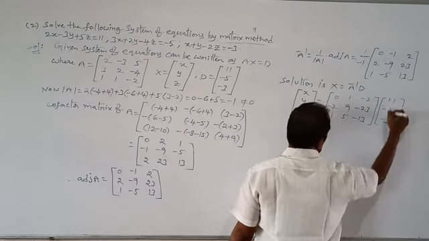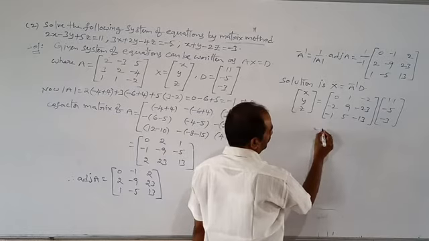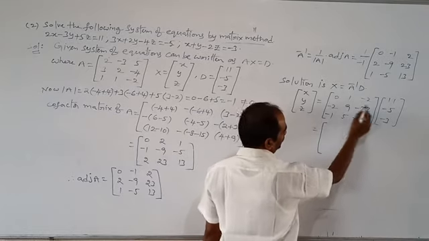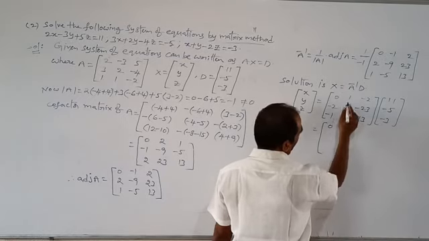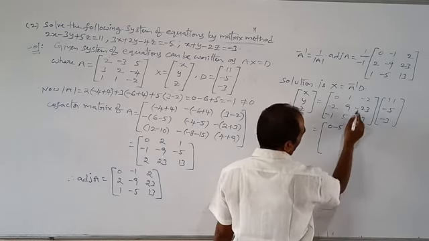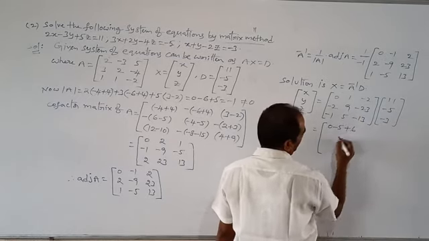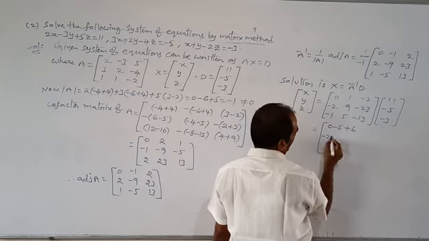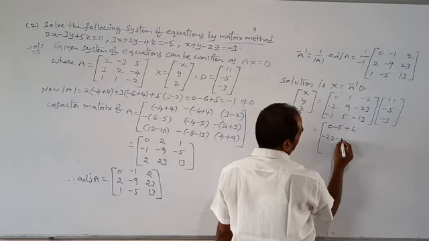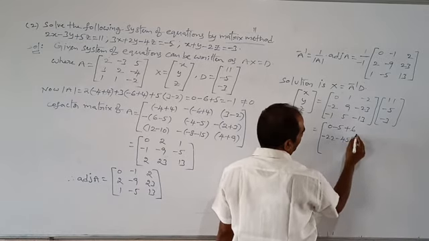Alright, that is equal to the multiplication. In the first row, 0 into 11 is 0. Next, 1 into minus 5 is minus 5. Next, 2 into 3 is 6. Next, 2 into 11 is minus 22. Next, 9 into 5 is minus 45. Next, 23